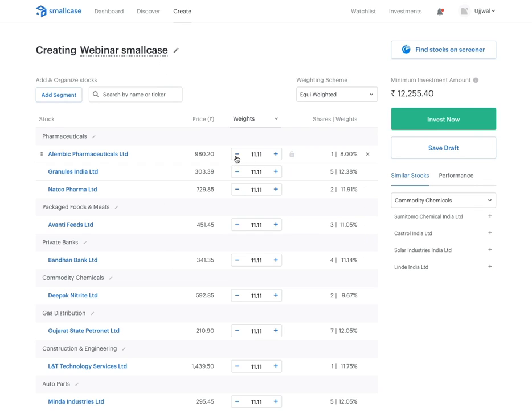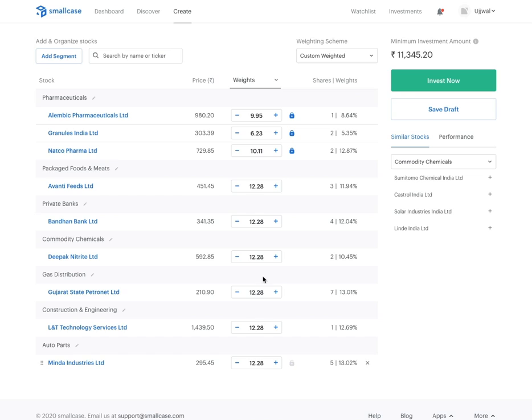I can assign different weights to different stocks in my smallcase. Let's say I change my weights. Obviously, the sum has to be 100%. And when I change the weights, my minimum investment amount is also changing, right?